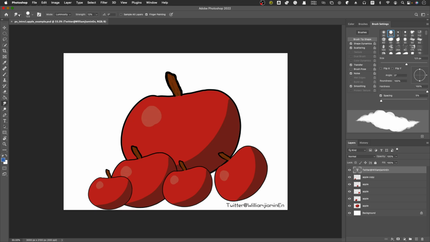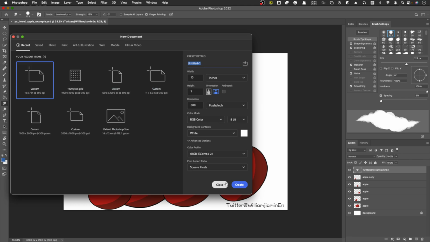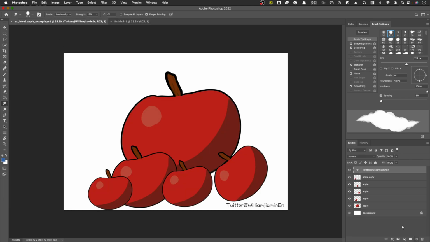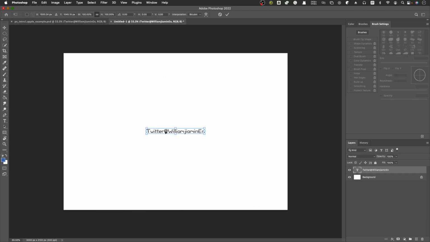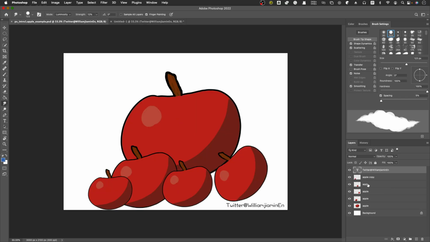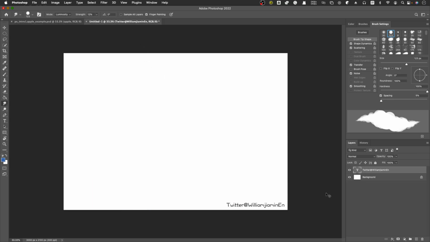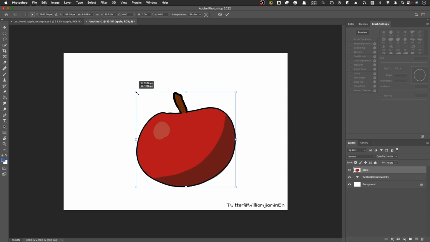Okay, so in order for you to see the comparison, let's make a new custom canvas. Copy and paste the Twitter handle and treat it as the copyright information. Okay, Command Enter, and you can just save it the same. And you can copy and paste this apple layer. Command C, Command V to copy and paste here, and you can Command T to change it,